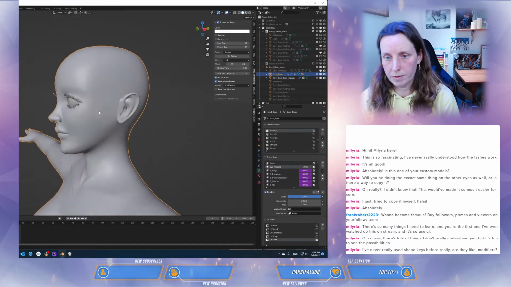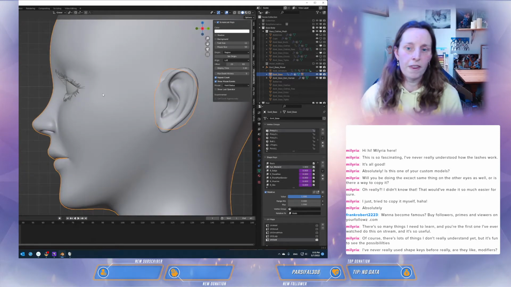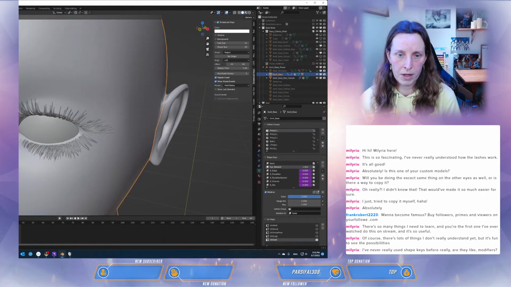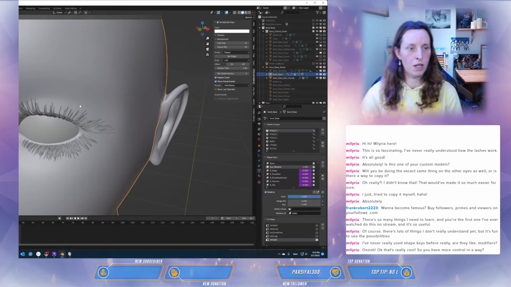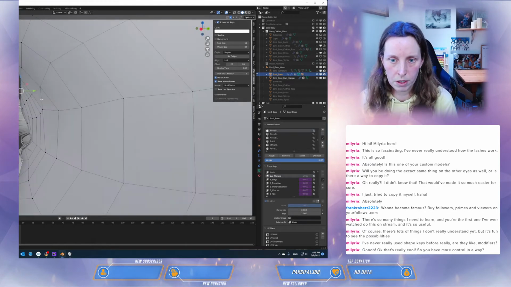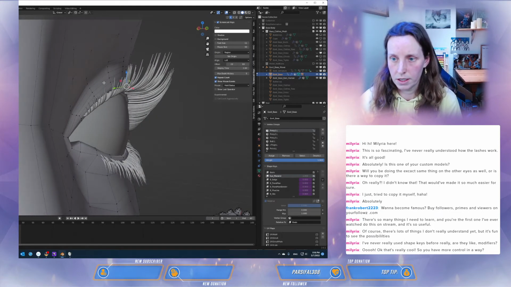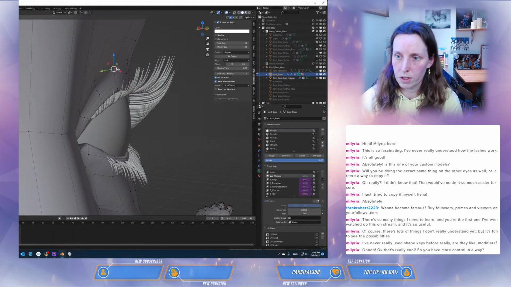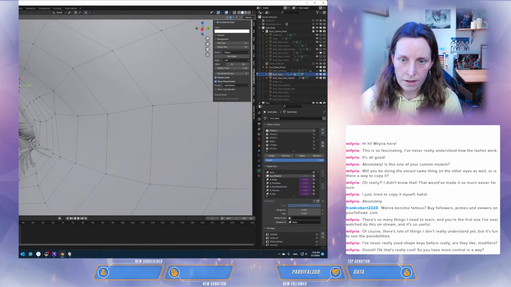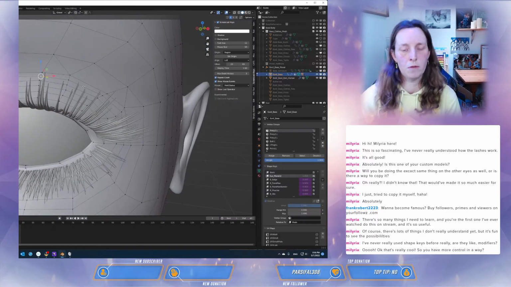So if you have a model that has a rig, and you want to make adjustments for the bends to make it look better, you can use shape keys for that, which is also what I'm going to be working on later, but I don't know if I will get to that today. First I want to try and get these shape keys, and after this then I'm going to work on the facial rig and also use shape keys for that,